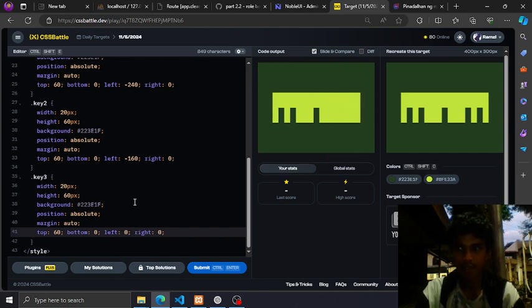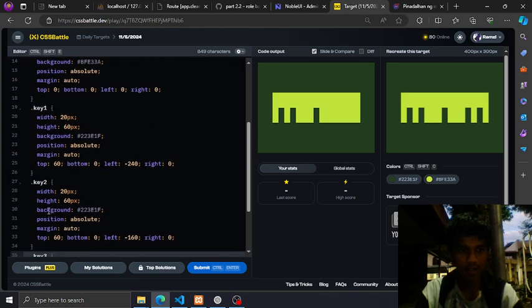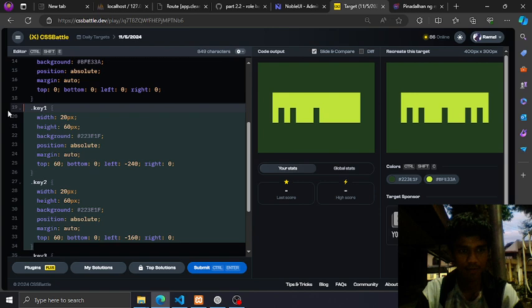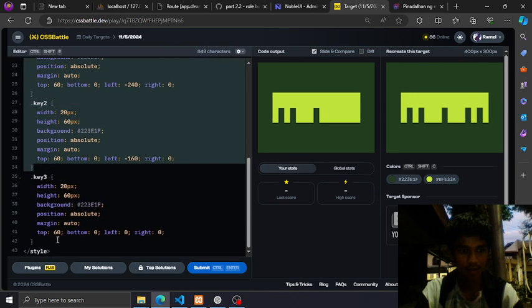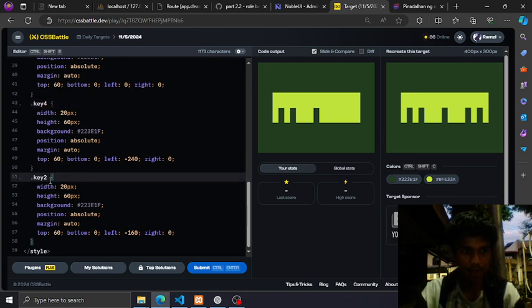And for this right part, this key 4 and key 5, key 4 and key 5.